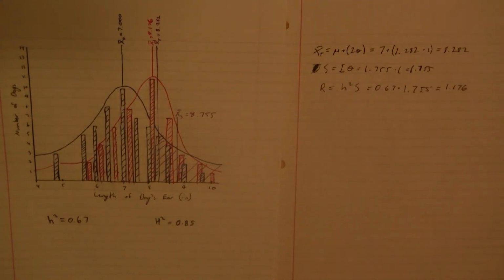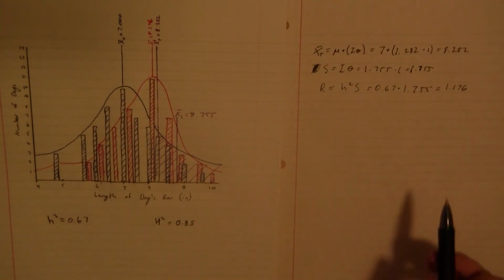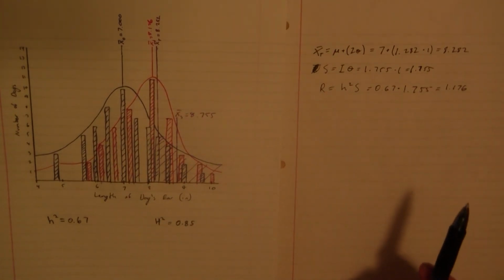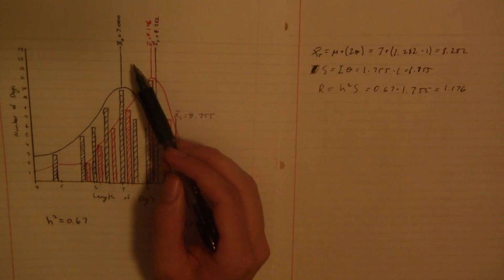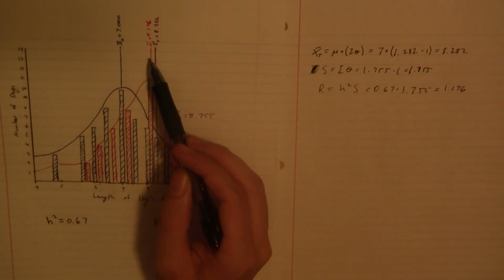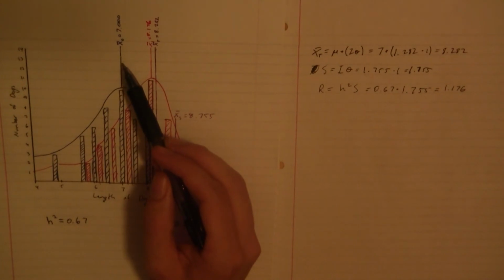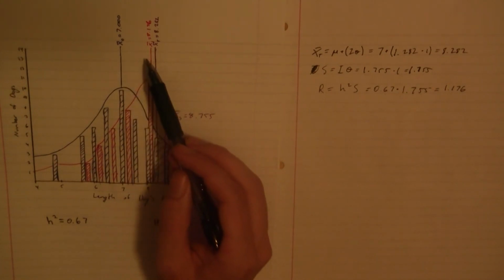The R value can be found by multiplying the narrow sense heritability and the selection differential together, which for me gave me 1.176. The R value is the response to selection. The response to selection is the difference between the new mean of the new generation and the old mean of the old generation. And the new mean for me was